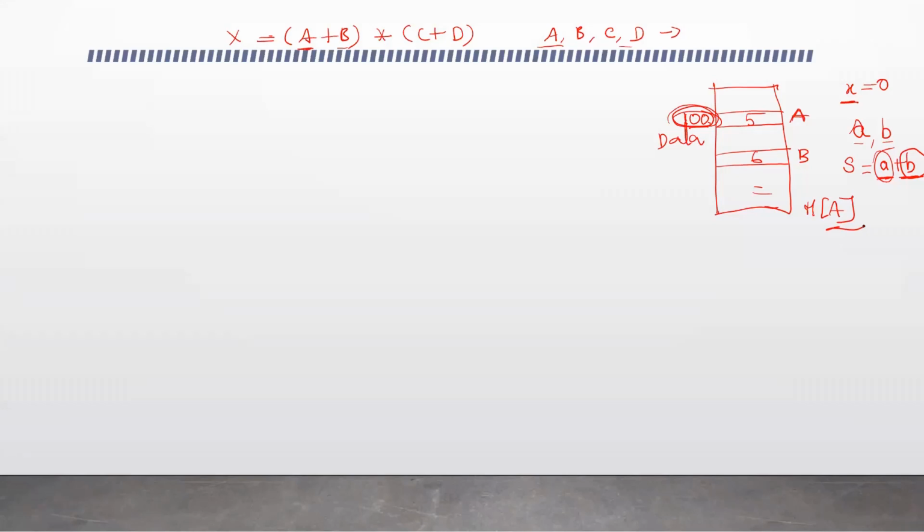So let's say the operands A, B, C, and D of these instructions are stored in memory, and the result needs to be stored back at a particular location X. The expression is X equal to A plus B into C plus D, so the result needs to be stored in X. X is another location. These are all locations in memory, operands in memory.